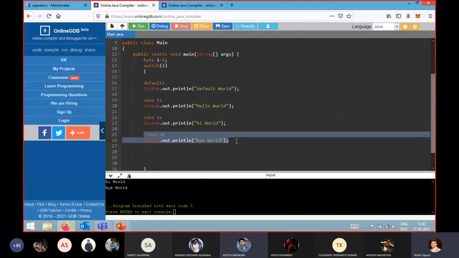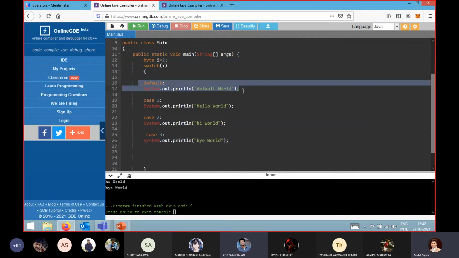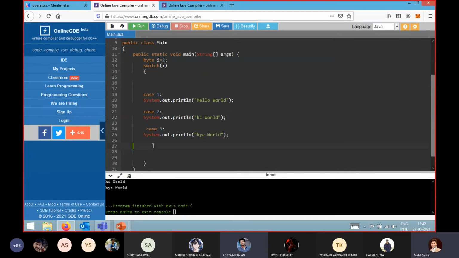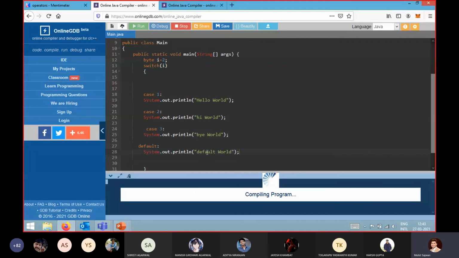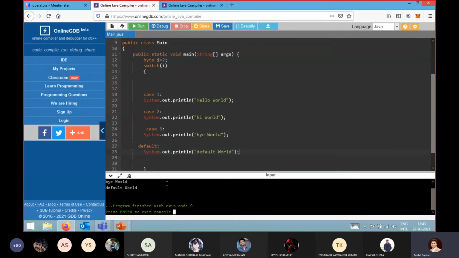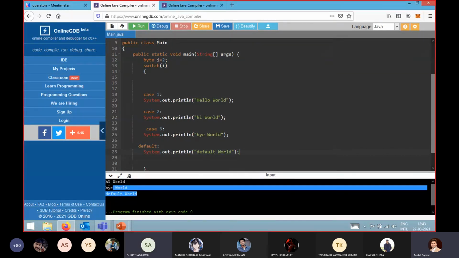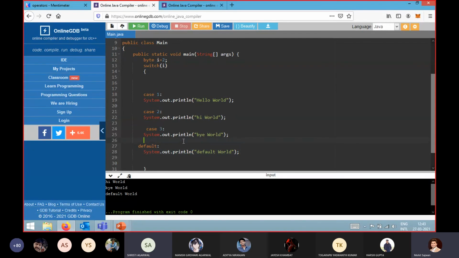Sir, if default was written at the bottom, then it would satisfy default as well. Yeah, in that scenario, see, order matters, because of how we are ordering or writing down the cases, in that scenario it will also print the default word too. So the high word, as well as the default word. See, you are getting 3 outputs. Got it? If we had put a break statement, it wouldn't happen, right?